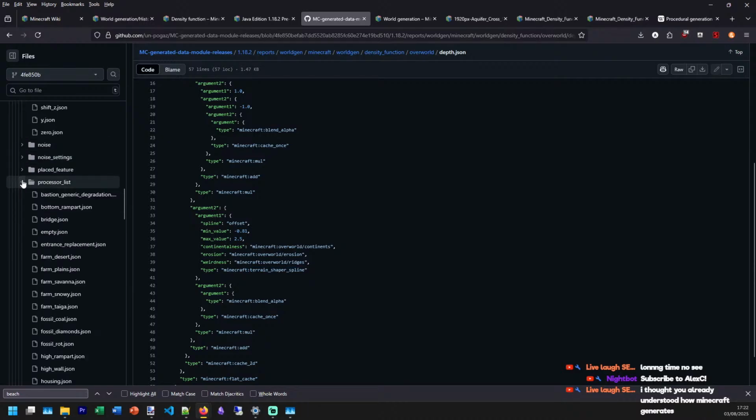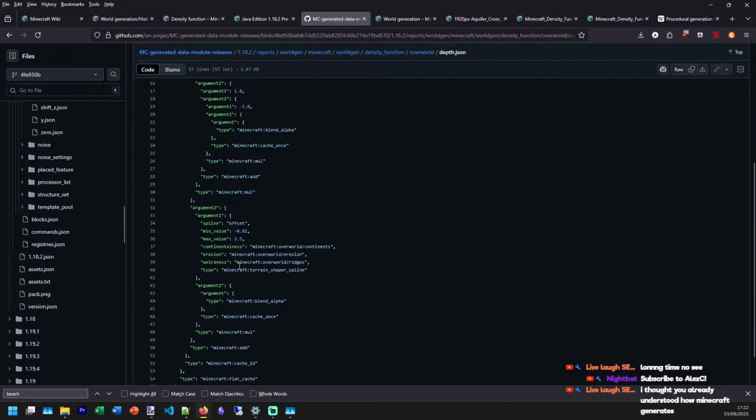Now, where are we gonna find that? Because terrain shaper spline is probably what got renamed to offset. I think we're cooked.